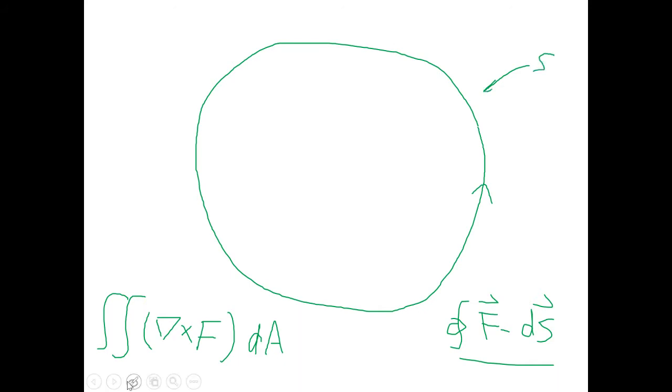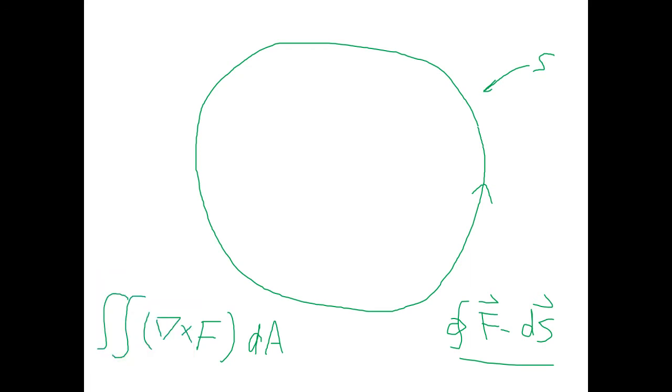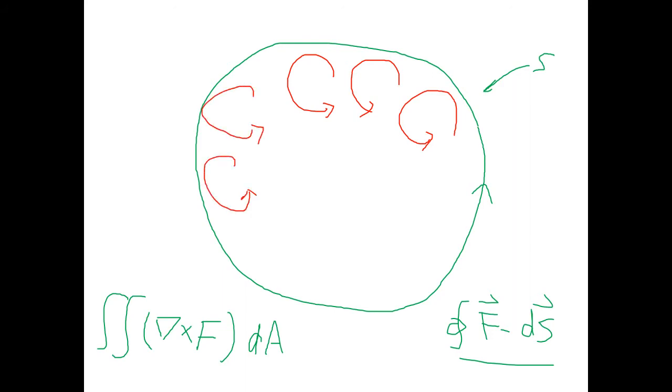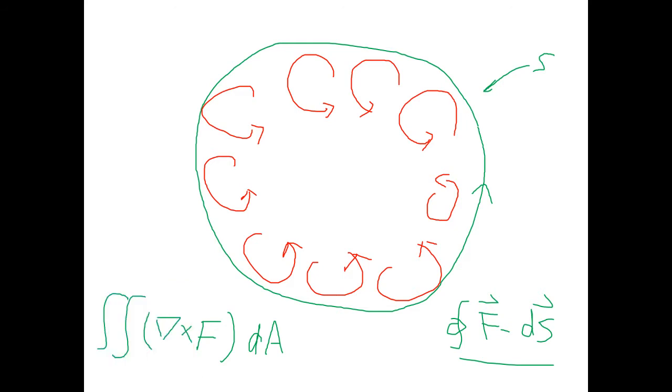And as you know, curl F is something like how the field is rotating. And then you integrate this over the whole area, then you'll find that